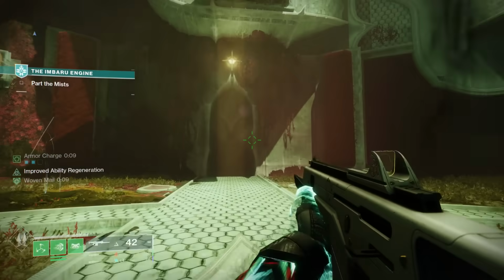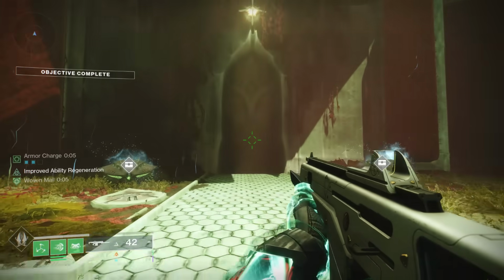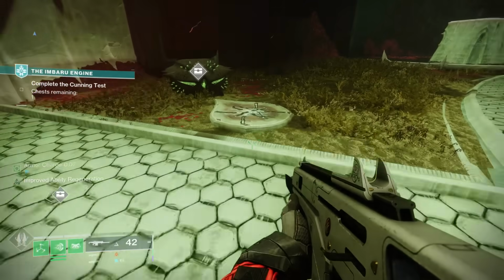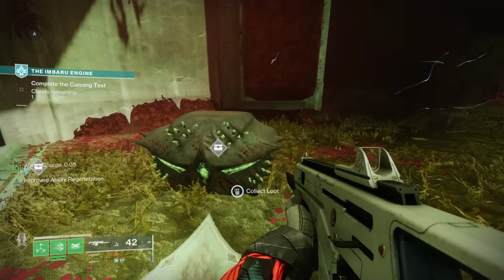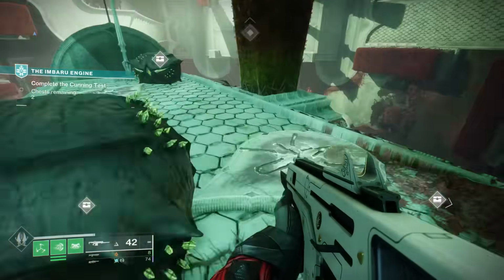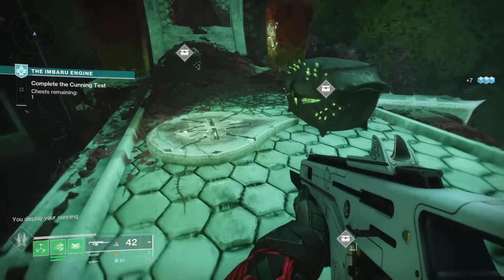Alright, so for the first puzzle, you need to open the correct chests. So how do you know which ones are correct? Well, as you can see right here, this symbol is the bad symbol, and this symbol is the correct symbol. So open the chest that this is pointing to, and you're good to go. Then you have to choose from 3 different chests, obviously just avoid that bad symbol,